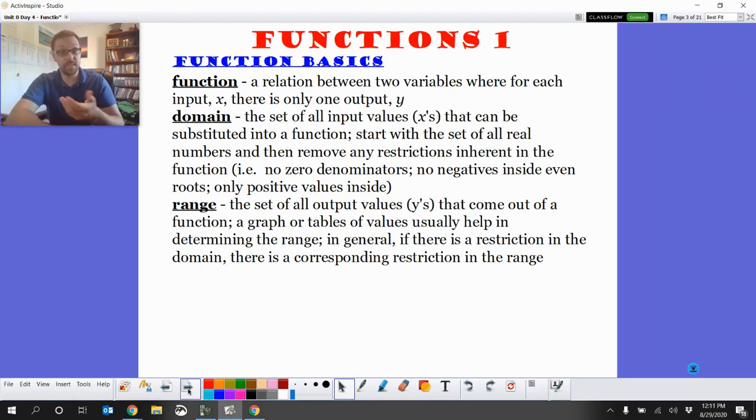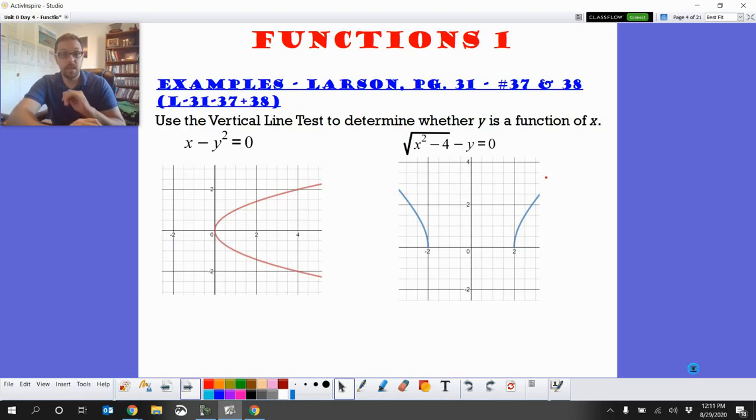Range is the thing that it spits out, it's your Y values. You can remember that because it's alphabetical. Domain and range, input, output, X and Y, they all follow alphabetical order and they all match up with each other very nicely. We did have a cool trick to decide if something was a function or not,